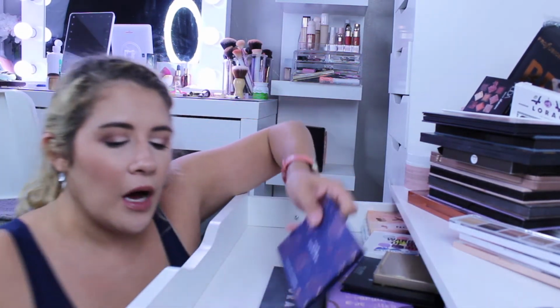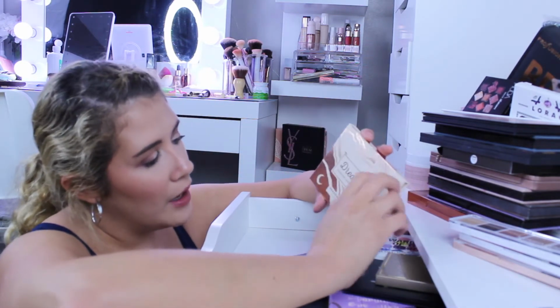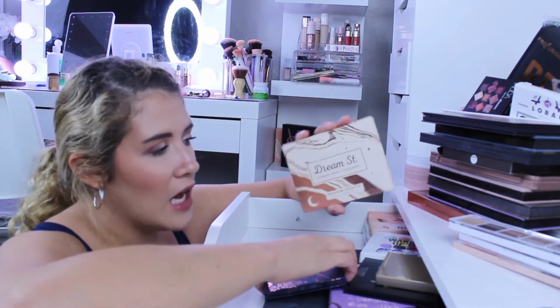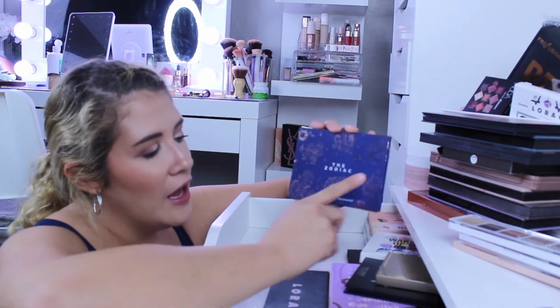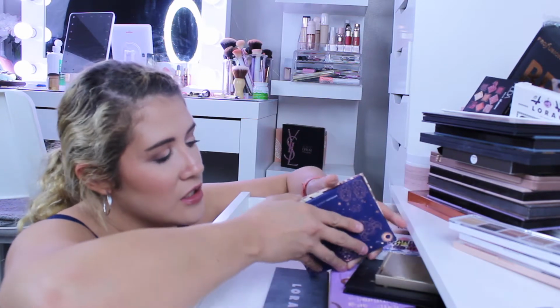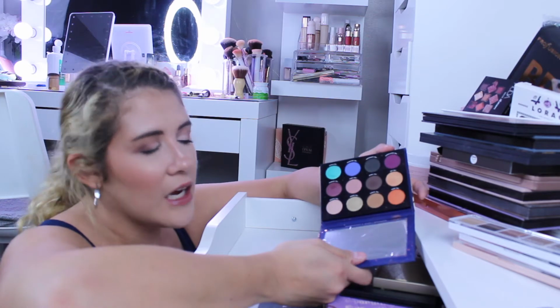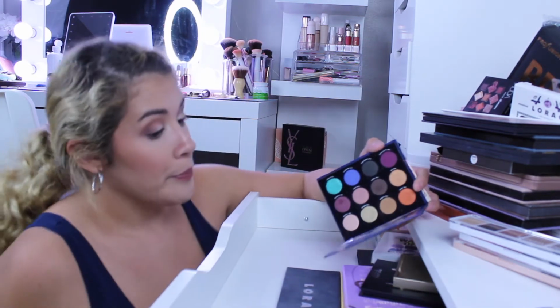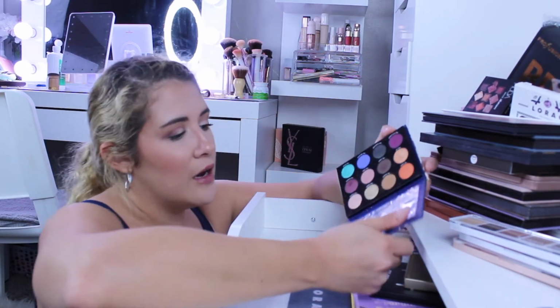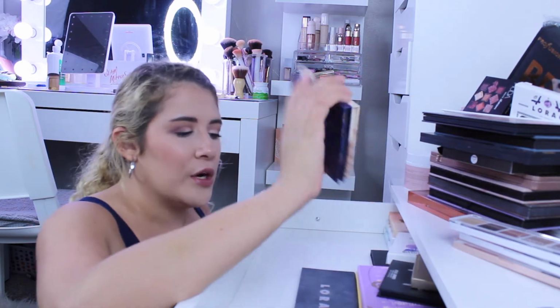Okay. Other palettes that I have in here are the Dream Street by ColourPop, which is the Kathleen Lights collaboration, and then the Zodiac Kathleen Lights collection. I think these are just stunning palettes. I used to use these all the time, and then obviously I cycled through and have new eyeshadow palettes now. So I guess I'm gonna keep these just because they are a collaboration, and I actually think